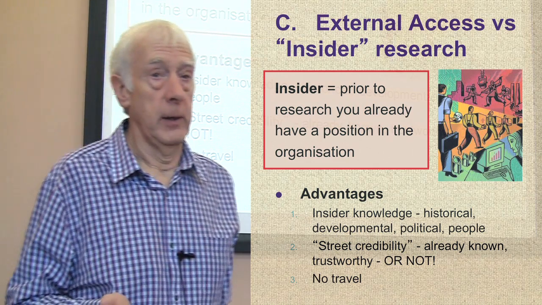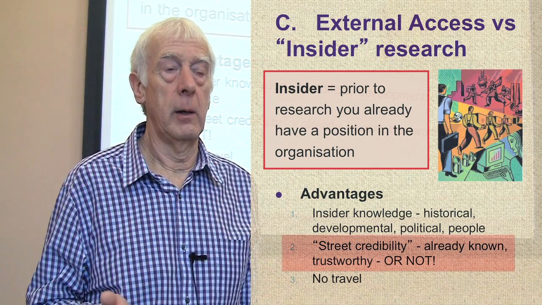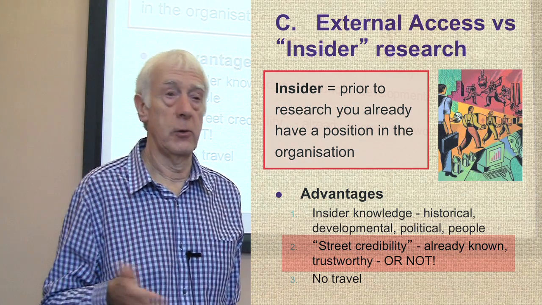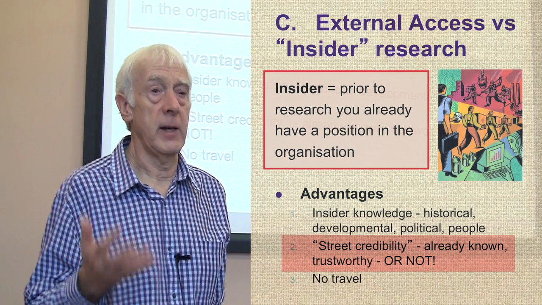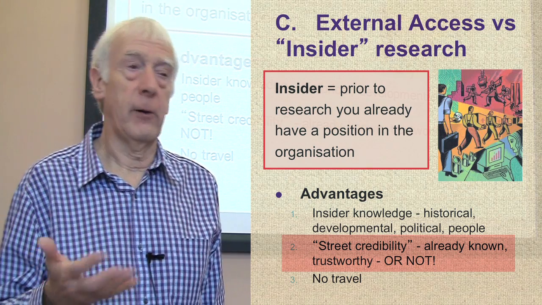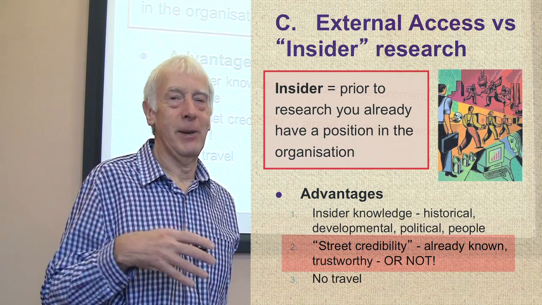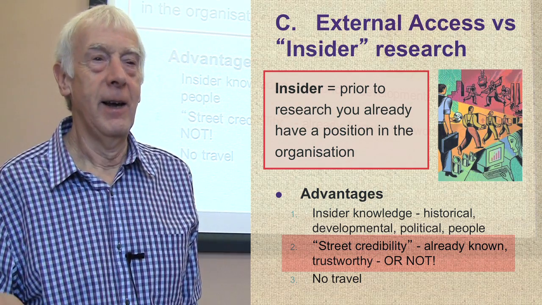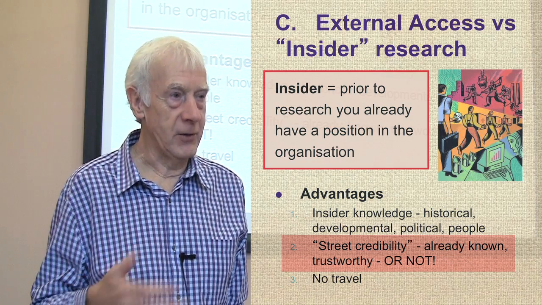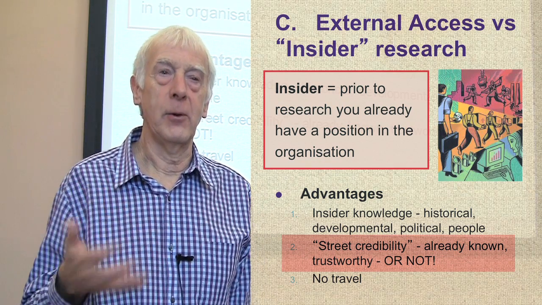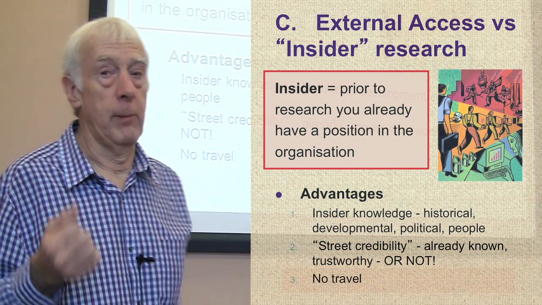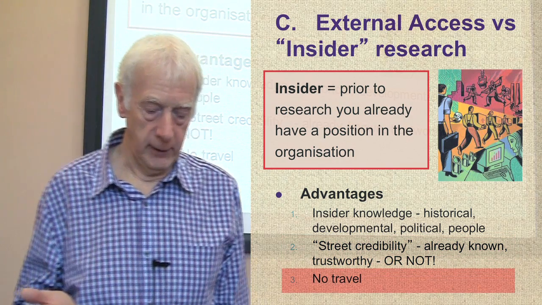You have credibility. People know you. They know who you are, and whether you're covert or overt, in other words, whether they know you're doing research or don't know, doesn't really matter. They know who you are because you've been there before and they know what kind of person you are, and we hope you have credibility. I mean, of course, you may not be a credible person. They might think you're an idiot. Nothing I can do about that. In that case, you'd have to change jobs or go somewhere else. But let's assume that they think you're a friend or a colleague and that they trust you. And of course, very practical things like no travel. You're already going there, so you don't have to go specially to the place.